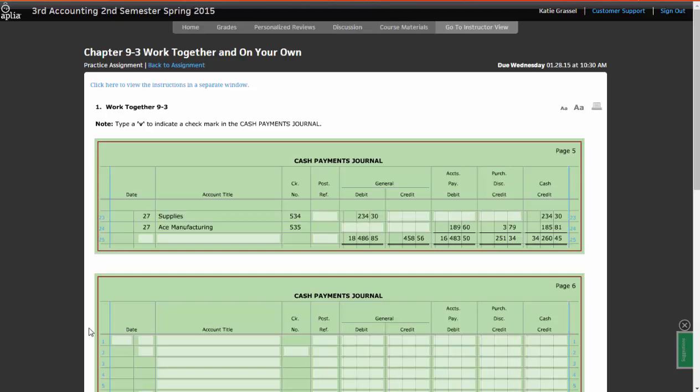Looking at in section 9-3, we're going to be using our cash payments journal, but we're going to take a look at what we do at the end of a cash payments journal, and then how we start a new one. It's not going to be much different than what we had before. So when we read our directions,